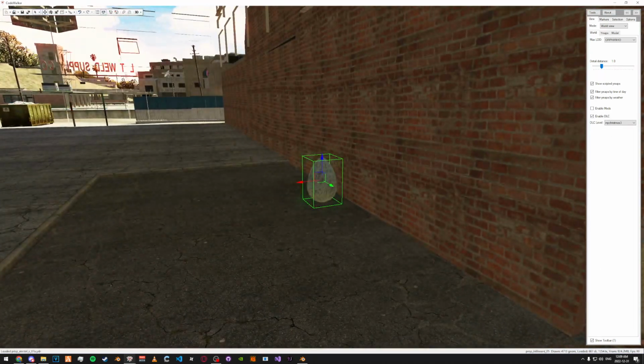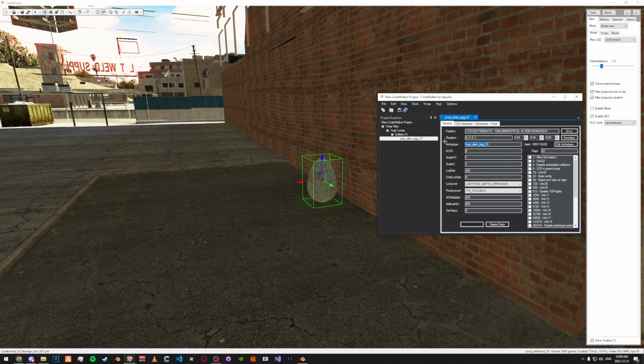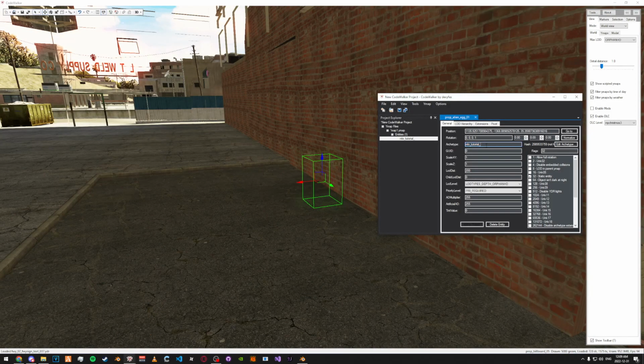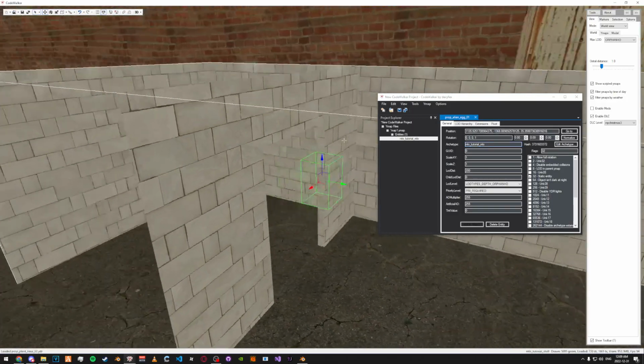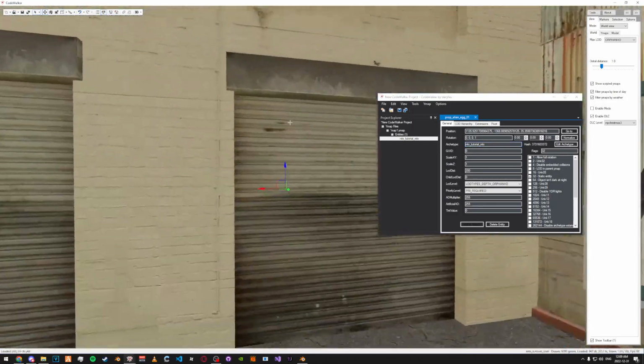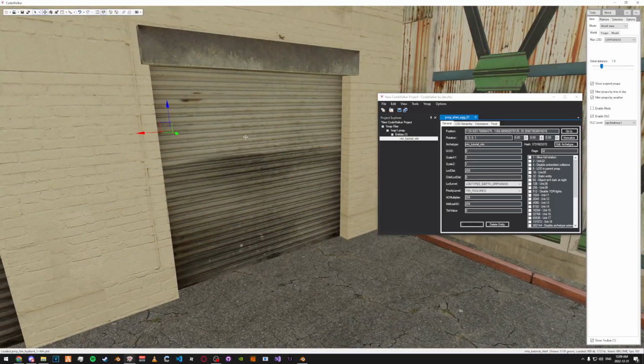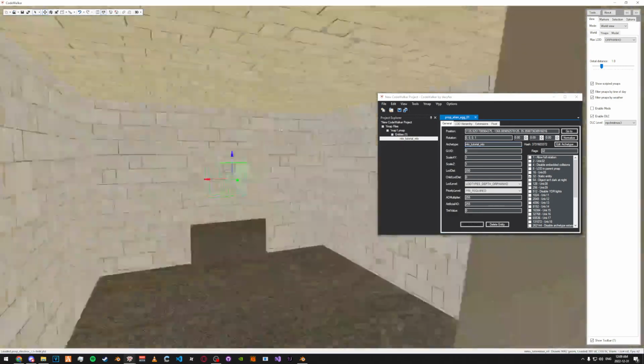Then what you want to do is change the name to the collision name. So we're going to change it to MLO tutorial. Wait, what did I name it? Hold on. I named it MLO tutorial MLO, but as you can see, pretty much working fine. I don't think I exported the building, but